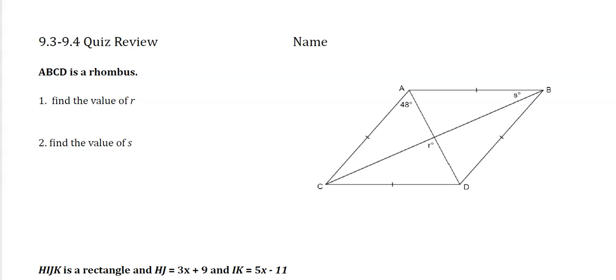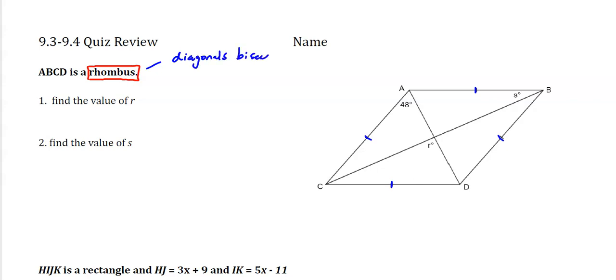Number 1. So for 1 and 2, it looks like we have a shape to the right, which is a rhombus. Knowing that you're a rhombus comes with lots of properties. We have 4 equal sides, so that's probably going to be helpful. It looks like this problem's involving angles. So with the rhombus, some things you want to know is that the first one is the diagonals